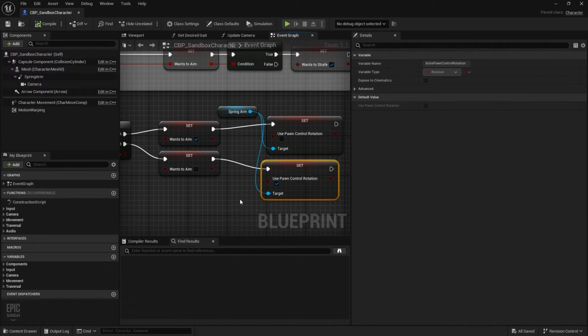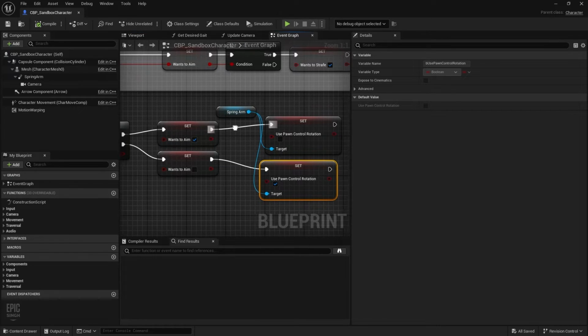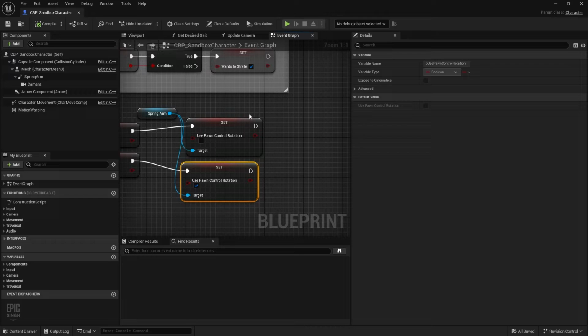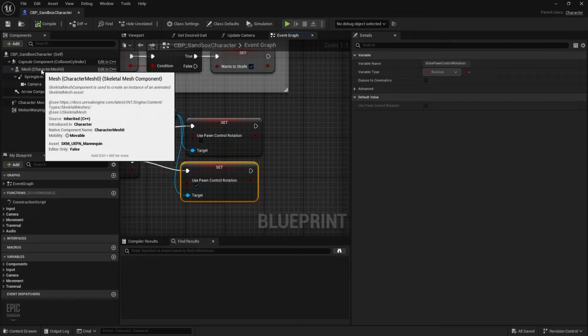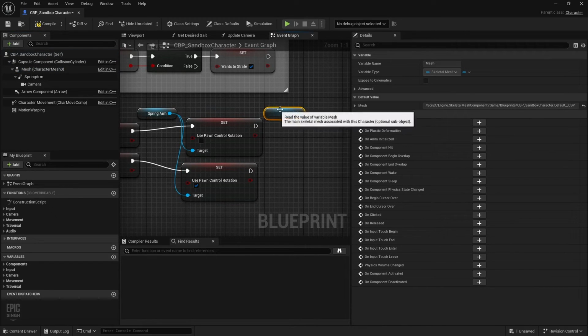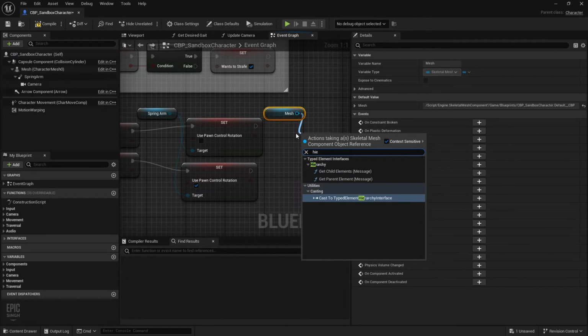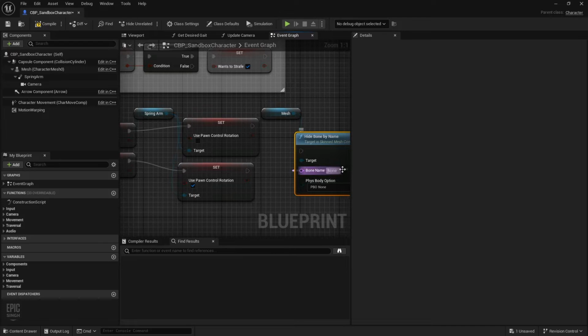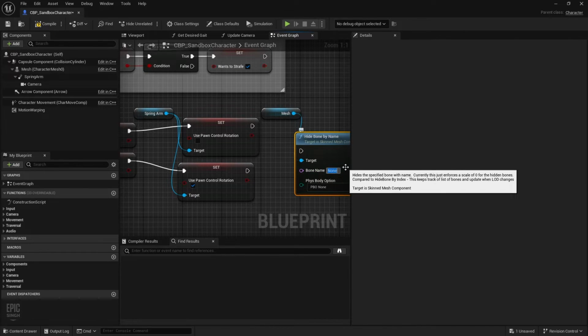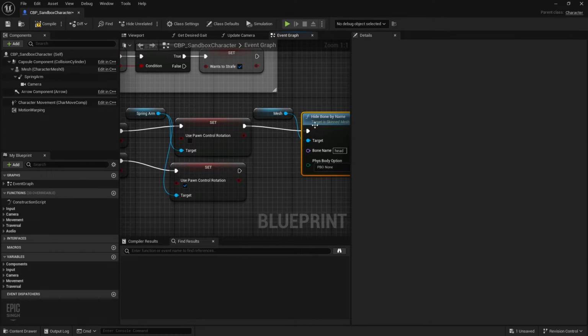So get back over here. Also, what you could do is, the head of the character is visible, right? So I thought maybe we can hide the head of the character, but what happens is after you hide the head of the character, you are unfortunately not able to get the animation from the head. So there's this function called Hide Bone By Name, right? And here you just need to put the bone name, which is head. The H is small, right? If you hide this and if you unhide this